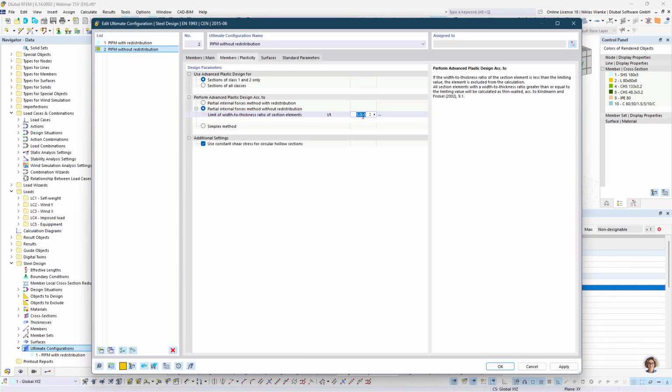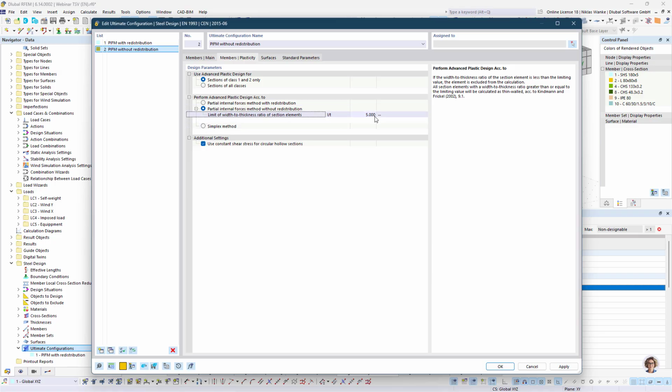If you receive this warning message, you have two options. You can lower this value. Of course, you should know what you are doing, so that's the reason why I gave this explanation. The other case would be to switch back to the EC3 design checks, because then it does not matter. Or you can use another method, because this limit is only relevant for the PIFM without redistribution. For the PIFM with redistribution, the double bending can be considered for each sectional element, and also for the simplex